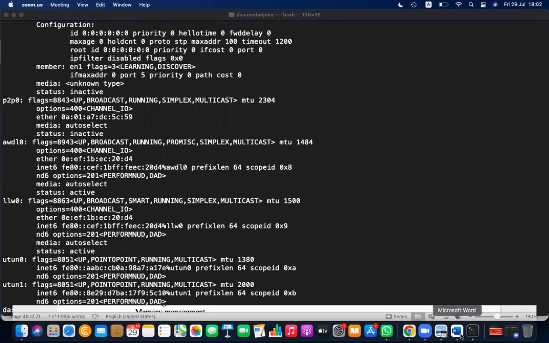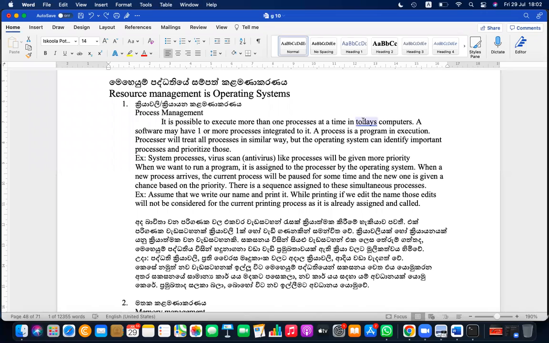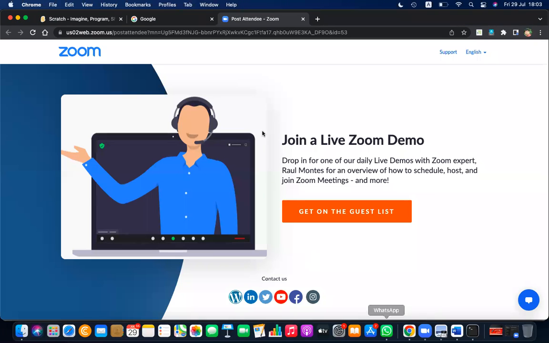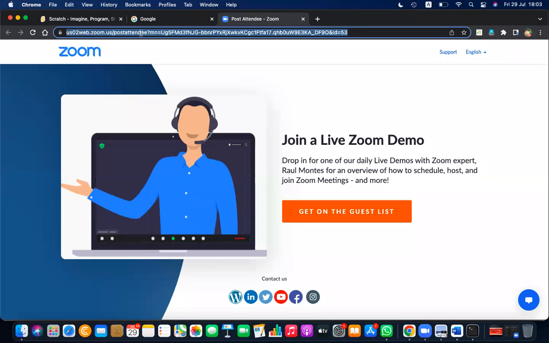Okay, so let's see this resource. So what are the things done by the operating system? So we just saw how CLI works. So these are the commands that I just used, clear. So these are Linux commands, but Windows commands are different from this. If you want to see Windows commands, let's go to